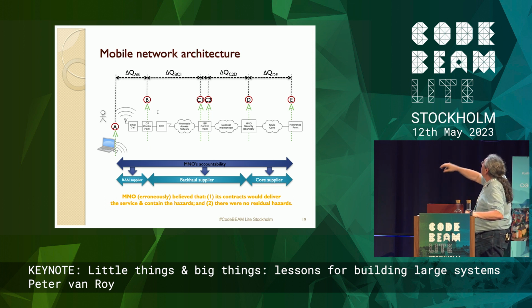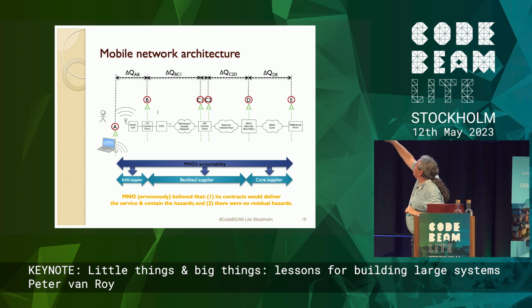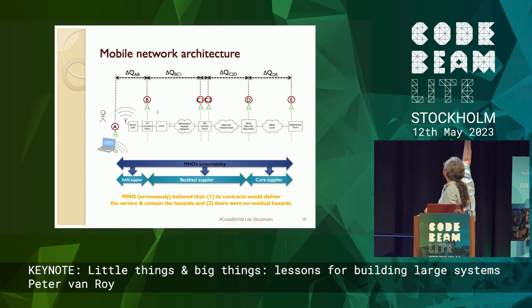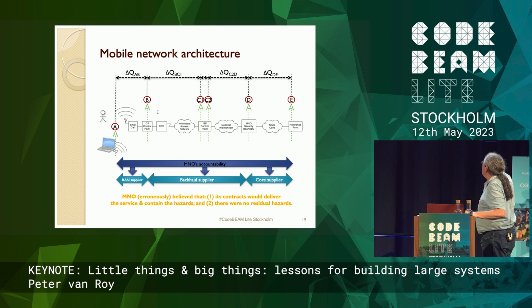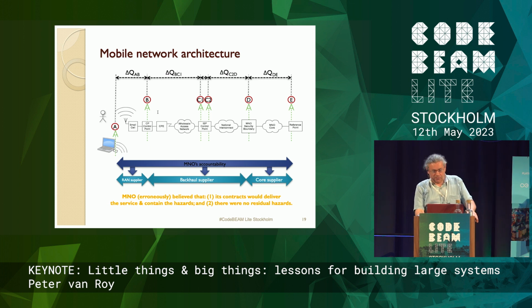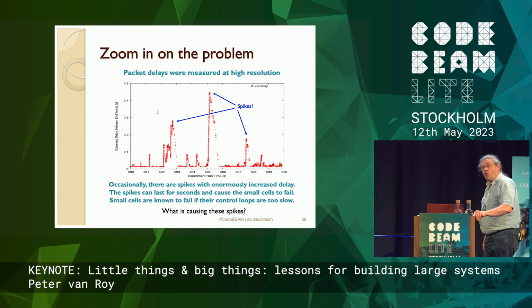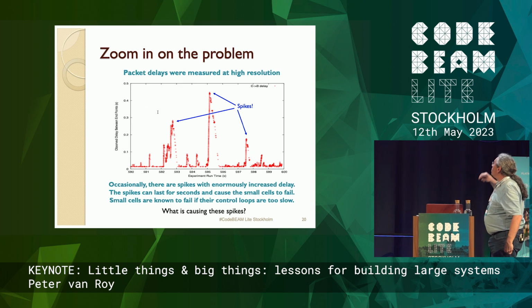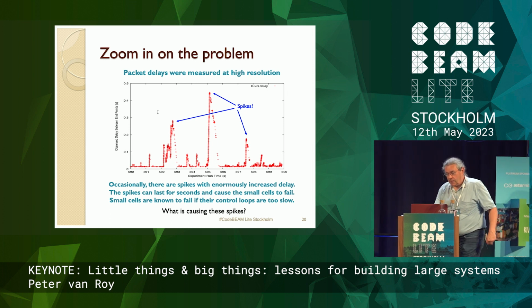There's many companies, and when you connect the two pieces, there's a contract on the performance, that there's a compatibility, okay? So when you communicate from one person to the other, it starts at a small cell, it goes all the way up to the reference point, and then it goes back to the other small cell, okay? So the MNO, all the contracts were signed, and they believed that the contract would deliver the service, but no, it didn't.